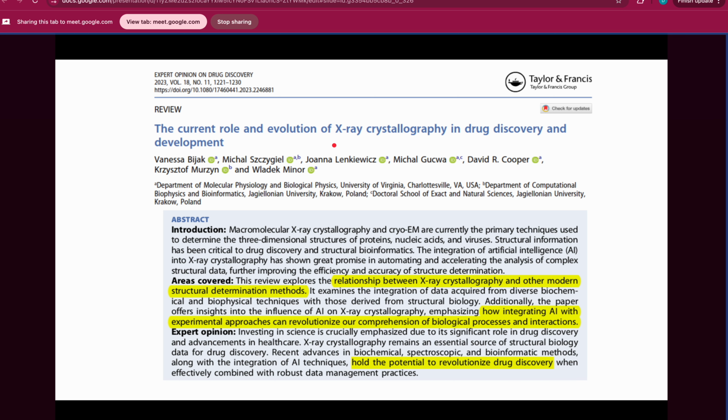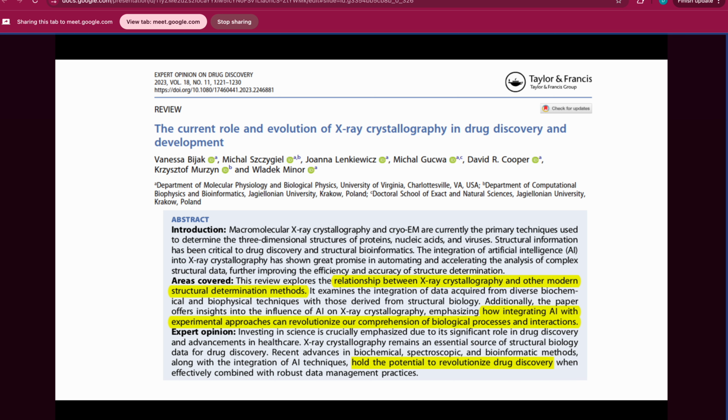So you can see how it has played a significant role. Although we have seen that cryo-EM is also available, NMR is available, and other techniques are also available, X-ray crystallography is still the gold standard. It is still the best among all these techniques. But the limitation is just that we are not able to generate many crystals for certain proteins. It is a time consuming process, and